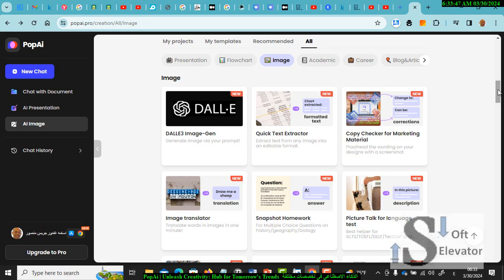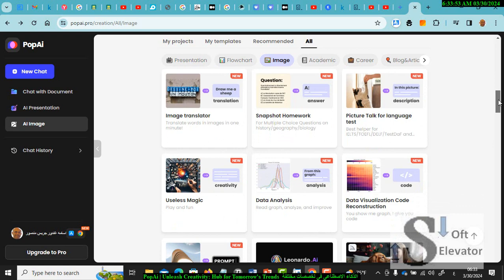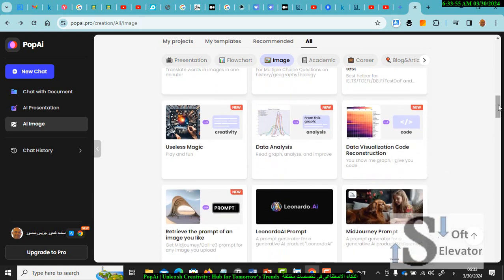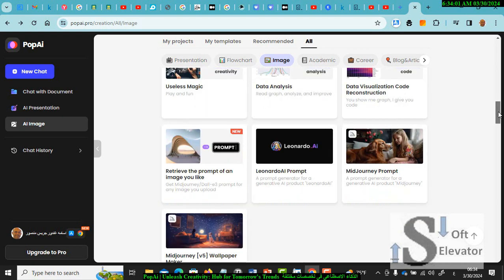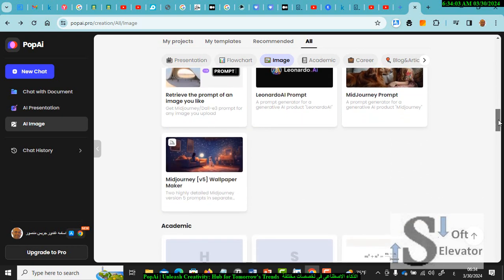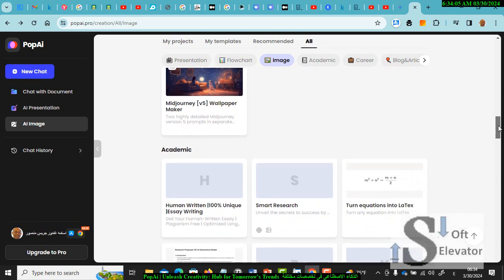Snapshot, homework, picture talk for language test. Data analyze, data visualization, code reconstruction. All this. Academic, human written, unique essay writing, smart research, turn equations into LaTeX,